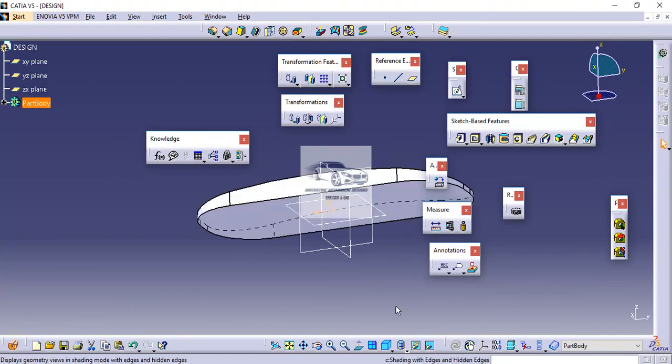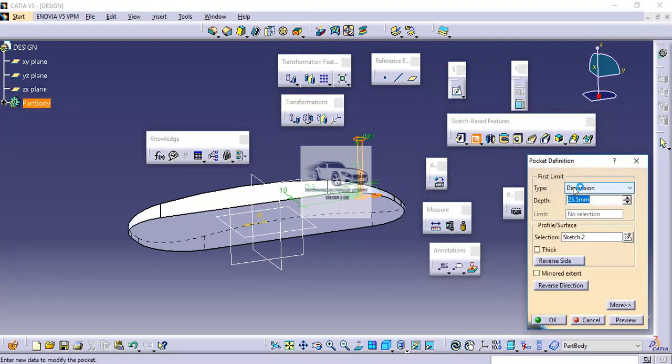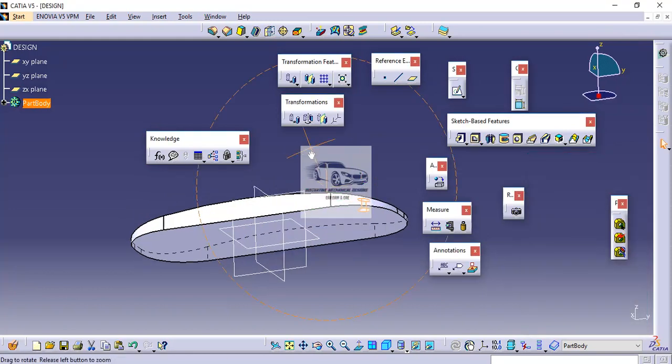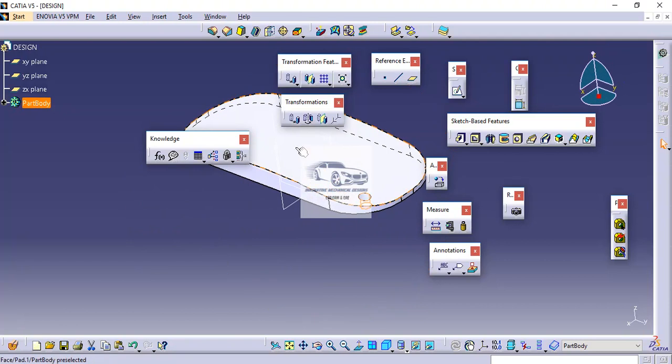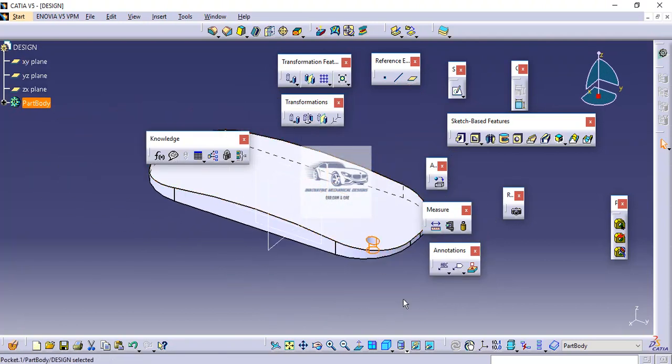Again I will change the display. Now in order to make this hole till the top face, when going into the pocket, I will directly select the condition of Up to last and then OK. As you can see here, the hole has been created up to the last face.